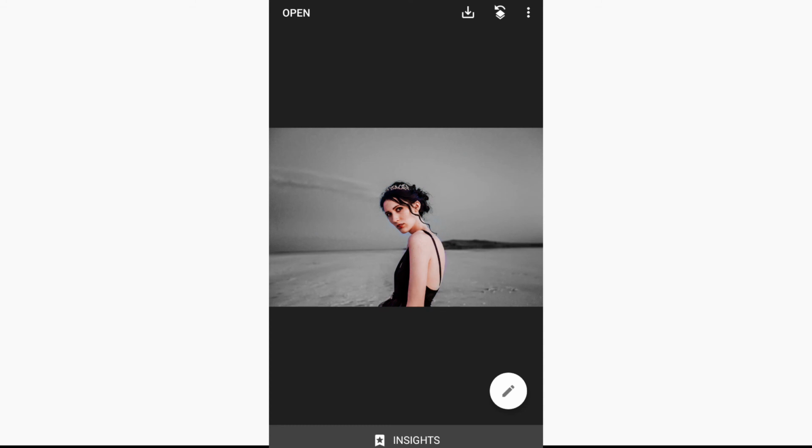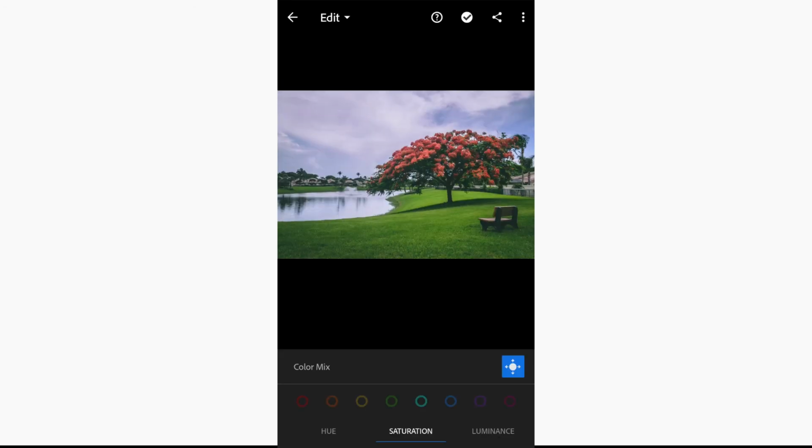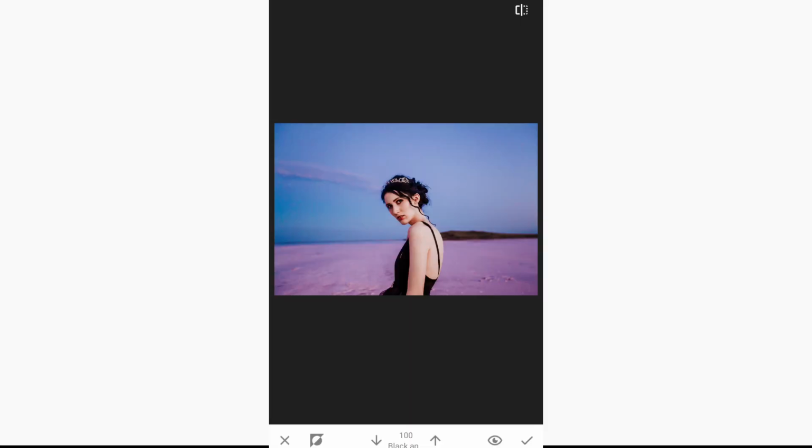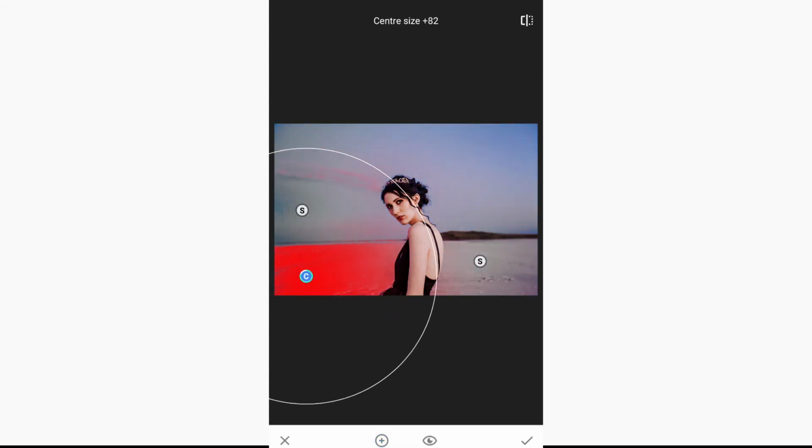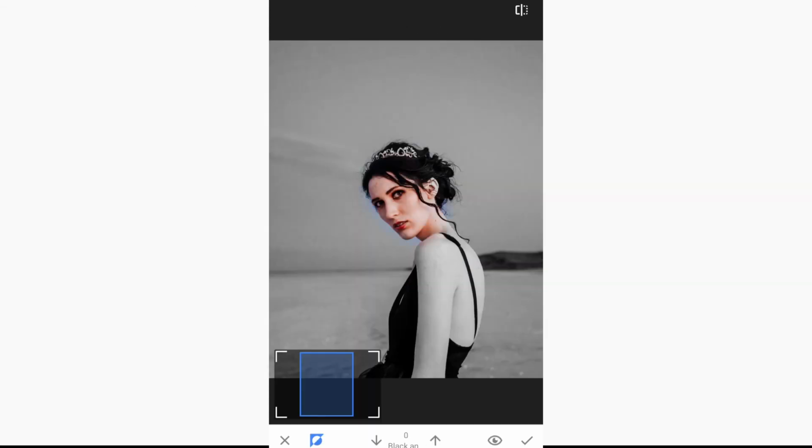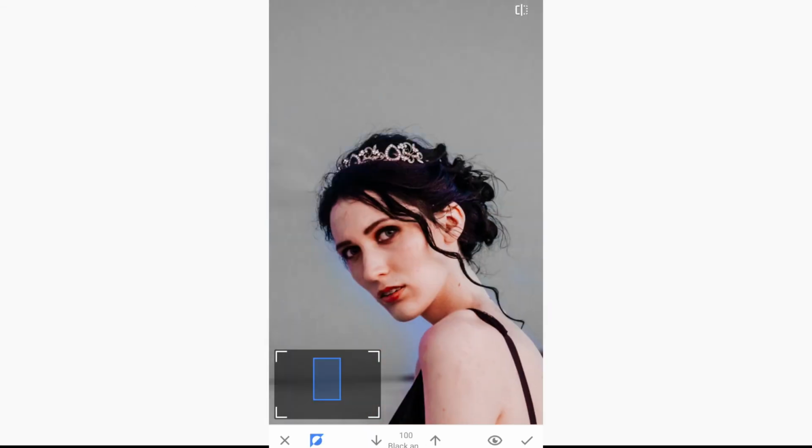So as you can see, Lightroom and Snapseed both are great for color splash effect. But when you should use which one? When the color that you want to keep is different from the color that you want to remove, then you can use Lightroom. And when the colors are similar, then you will have to use Snapseed. You can try selective tool from Snapseed. If it works, then great, but if it does not, then you will have to manually create a mask.